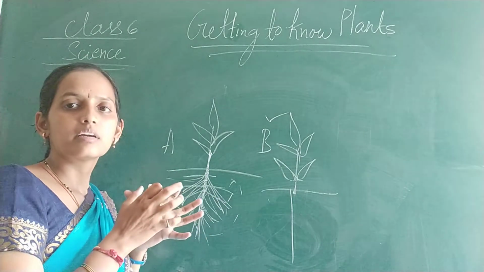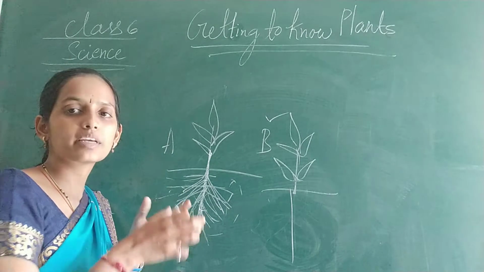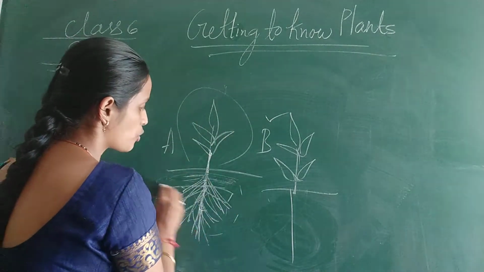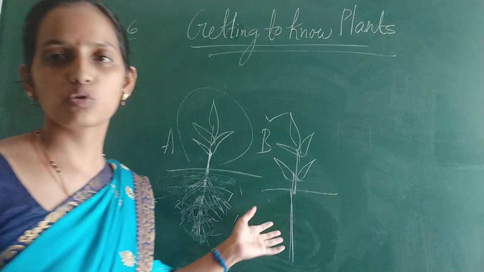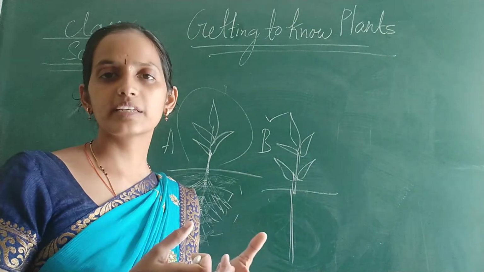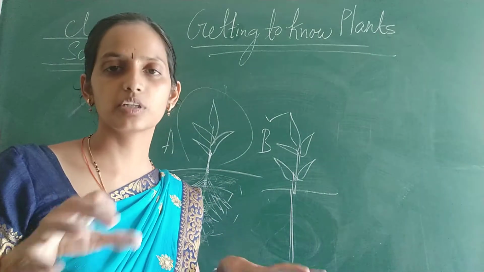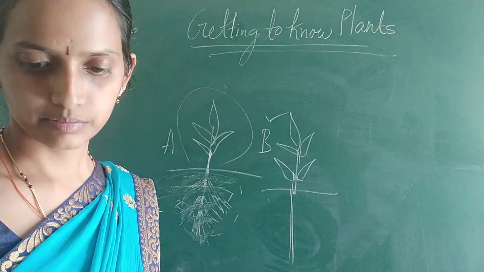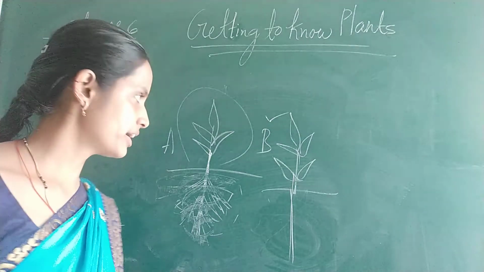The root has spread throughout the soil and it is holding that soil. So overall the plant structure is held by the soil, okay. Whereas this plant which does not have the root is not very firmly held or supported, okay. It is directly placed and we can directly remove it. So there is no support for them, right?